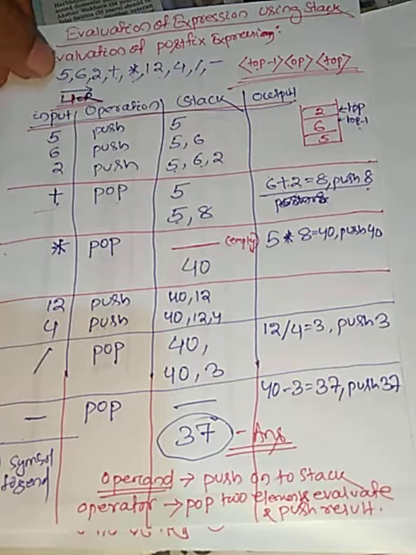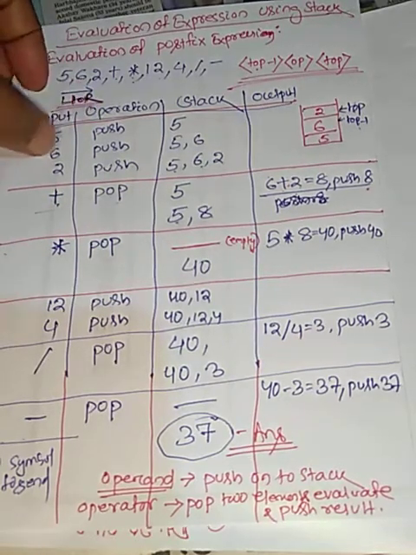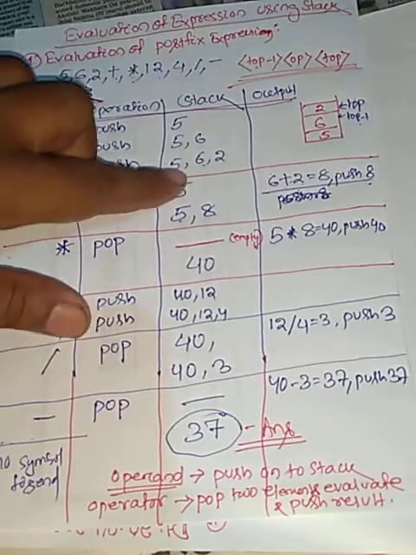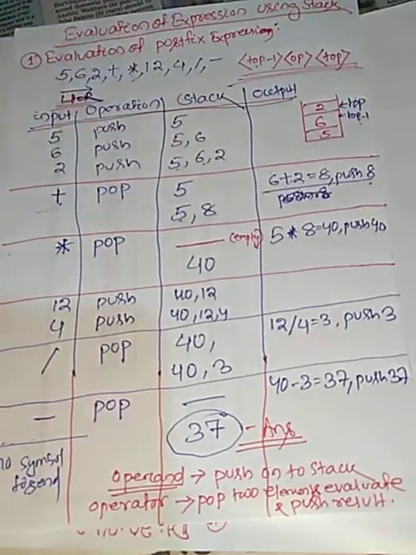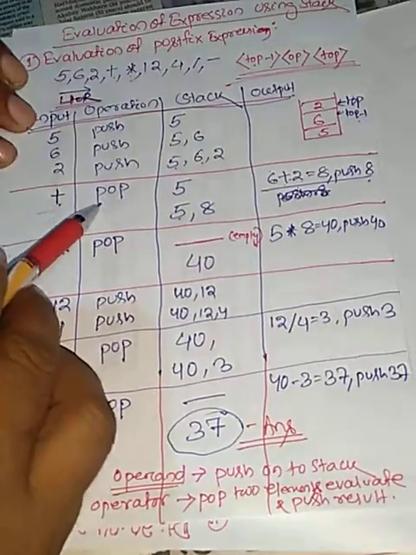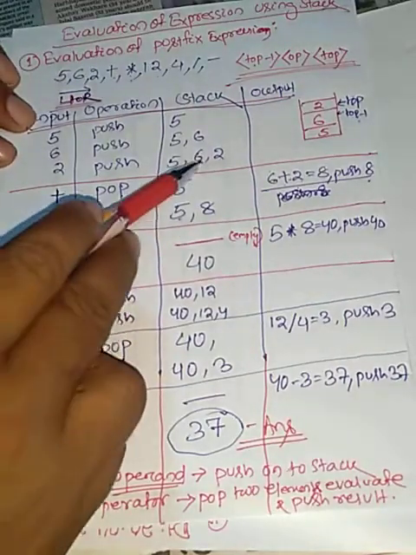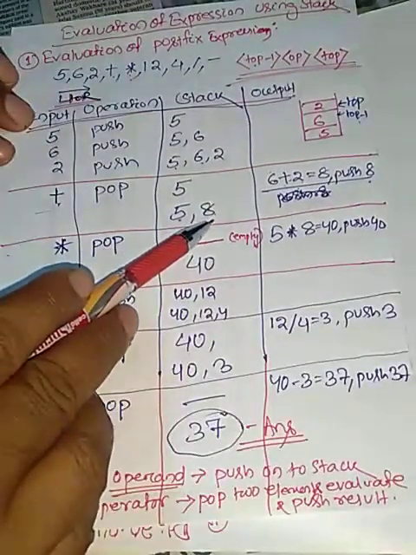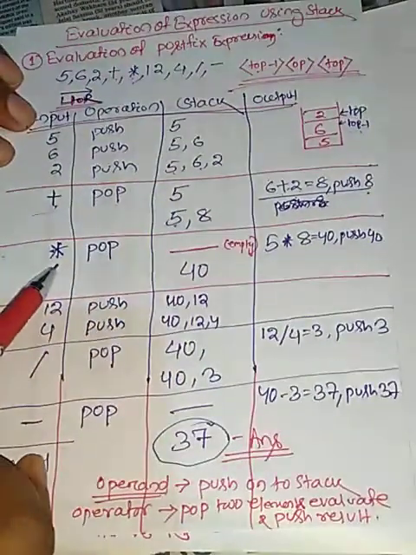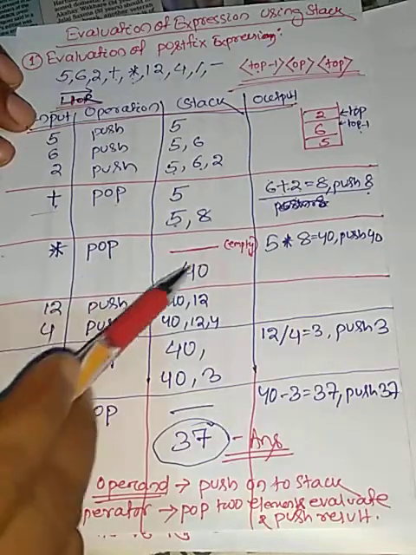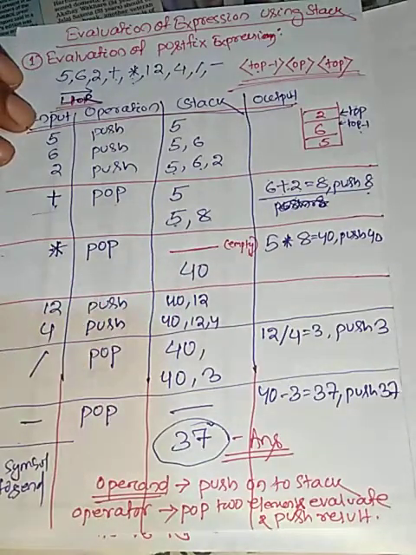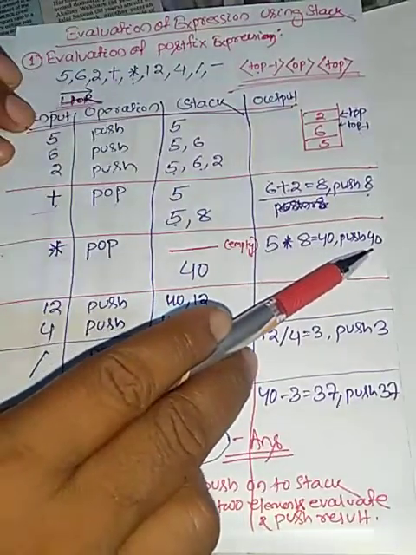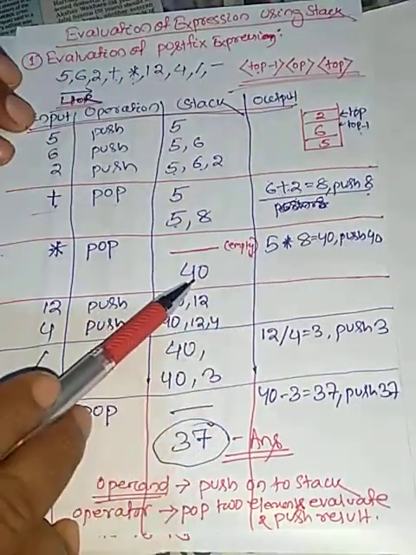Okay. So we can see here 5 encountered, push, 6 encountered, push, 2 encountered, then push. So the result of stack will be 5, 6 and 2. So then when we encounter an operator, we'll pop the top 2 elements 6 and 2, we'll operate, then we'll push the result. So the stack now contains 5 and 8 on top. Then again we encounter multiplication, then we'll pop top 2 elements. Now the stack is empty, and certainly we'll go for operation 5 into 8 equal to 40 and push the result 40. So result is 40 now on stack.